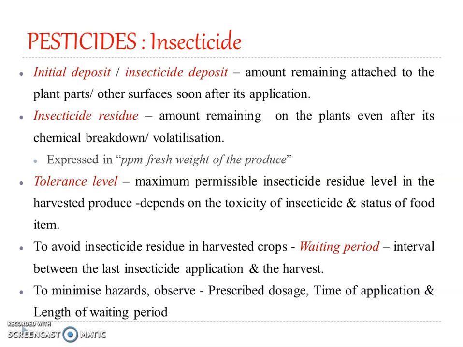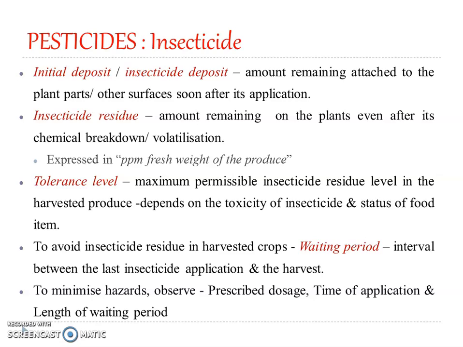Okay, we may spray the insecticides and they may fall on the surface of the plant parts, but later they may get inside the plant parts. Such insecticides which enter the plant parts and reach various parts of the plant are known as systemic insecticides. Those kinds of systemic insecticides are actually a little more dangerous. Those which have a higher insecticide residue are obviously dangerous, and those which enter the crops and reach various plant parts are also dangerous.